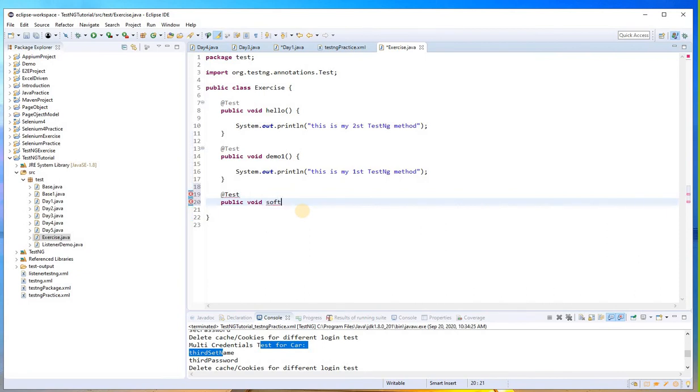First we'll see. So I'm giving a method name with soft assert. It's not like you have to write the method name softAssert. It could be any method name. I'm just giving you the name softAssert just to understand. This is the example related to the soft assert. This is the method name, and then here